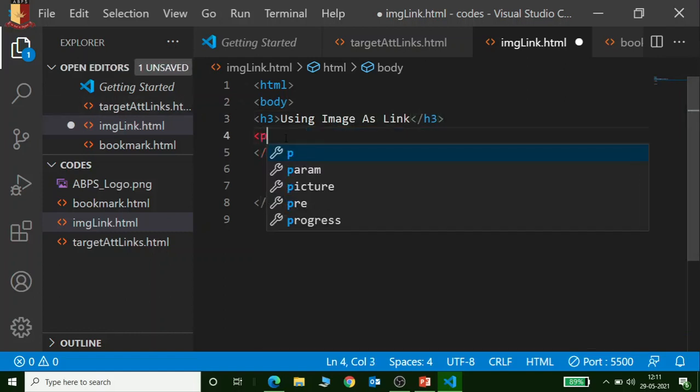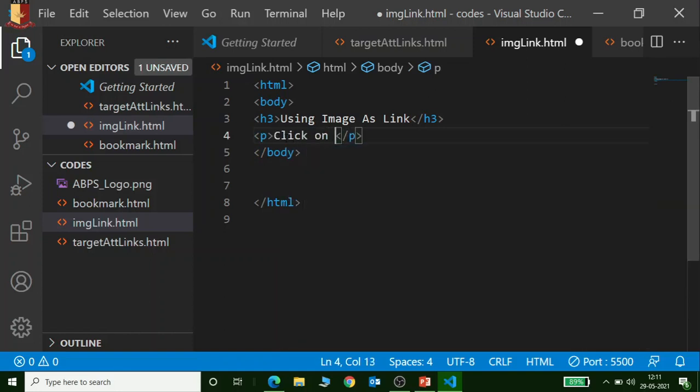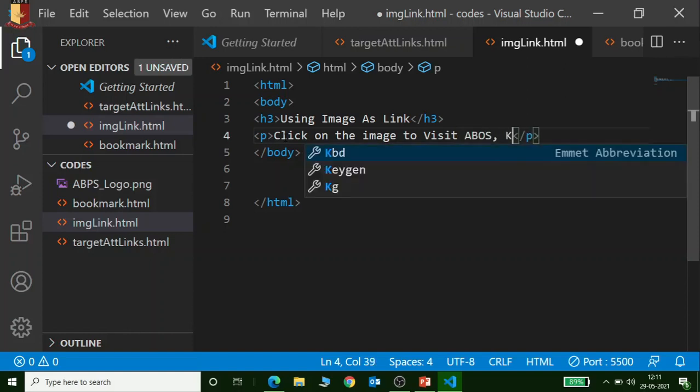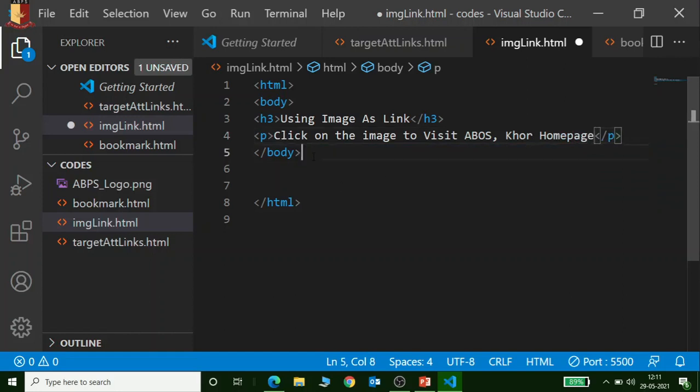Now a paragraph tag here: click on the image to visit ABPS core home page. Okay, so we'll give the link to our school website.